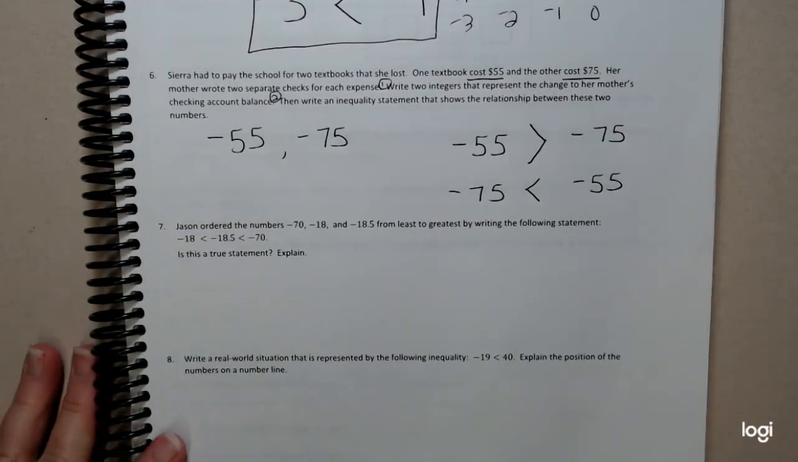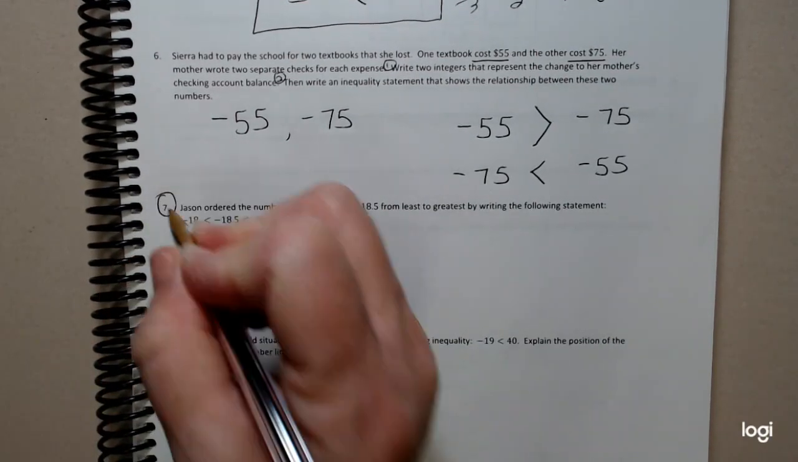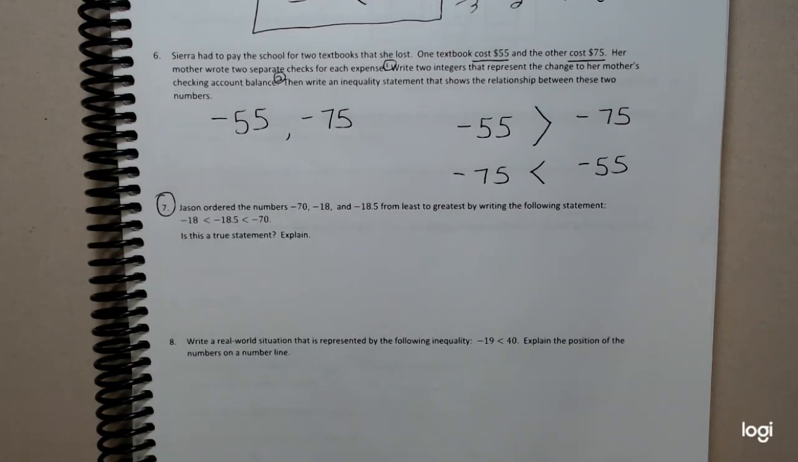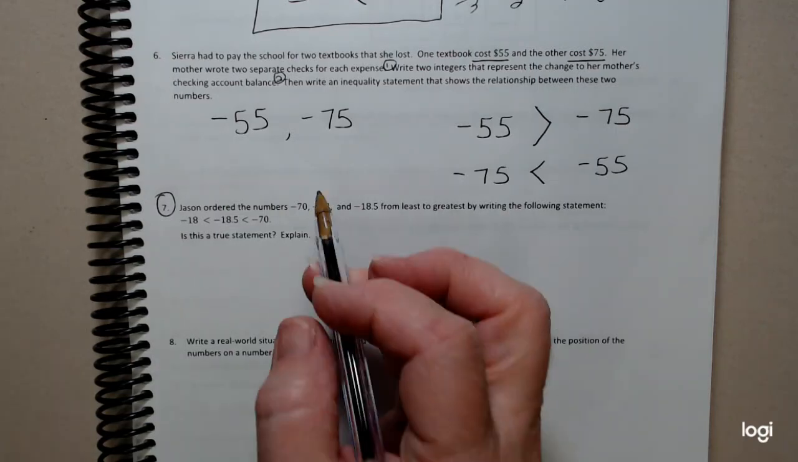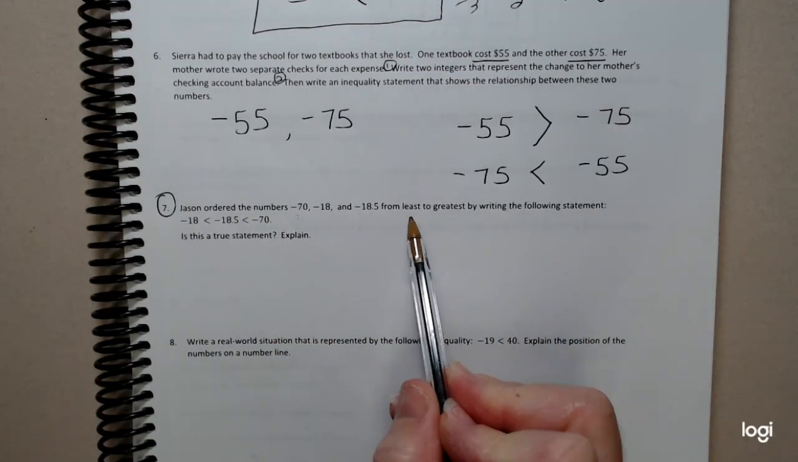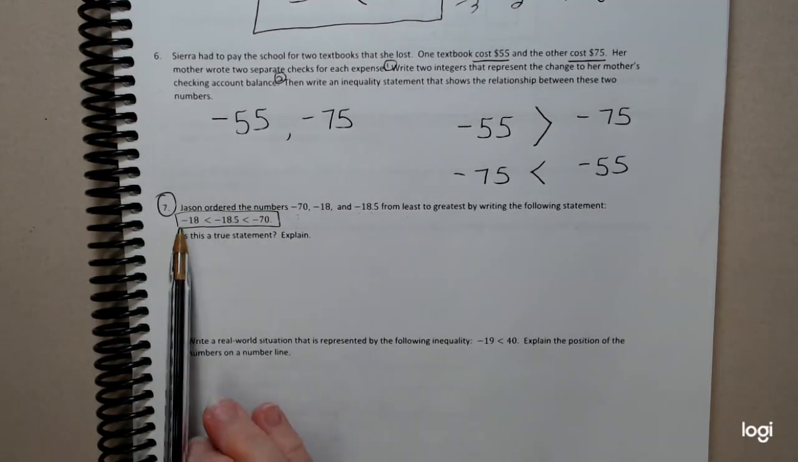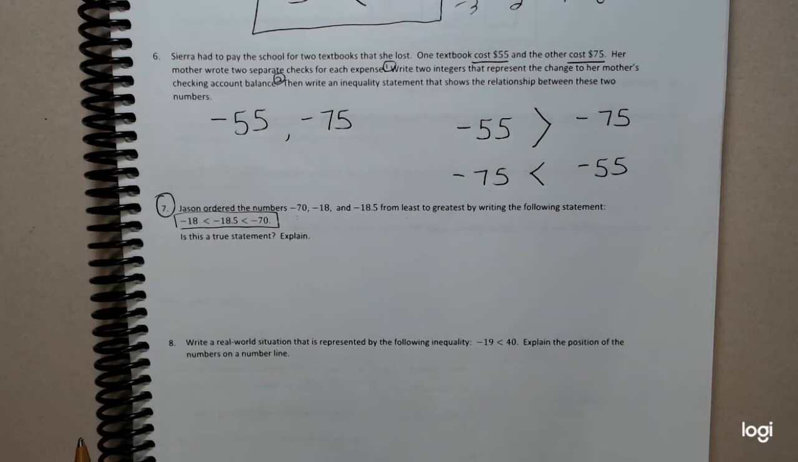Okay, what I would like for you to do is just solve problem number 7 for me for tomorrow. Let me read it for you real quick. It says, Jason ordered the numbers -70, -18, and -18 5/10 from least to greatest by writing this statement. This is what he put. I want you to tell me if he did this correctly. Is this statement true? If you think it's true, tell me it's true. If you think it's false, tell me it's false. And then tell me why you think it's false. All right, I will see you all